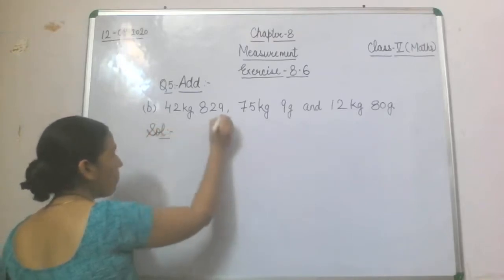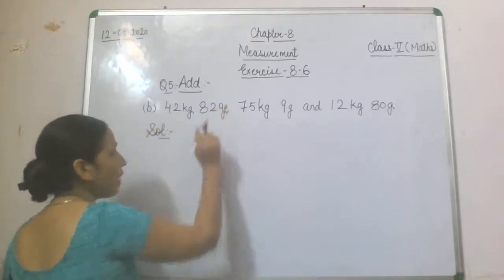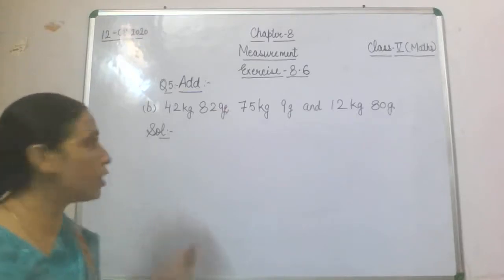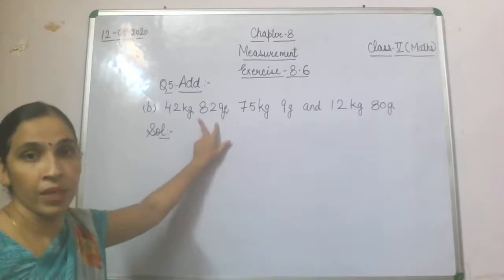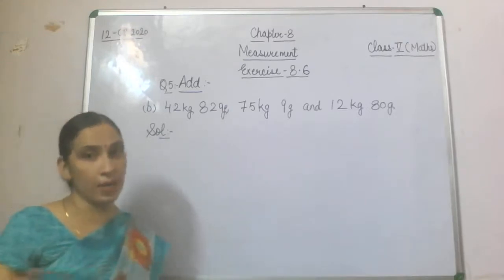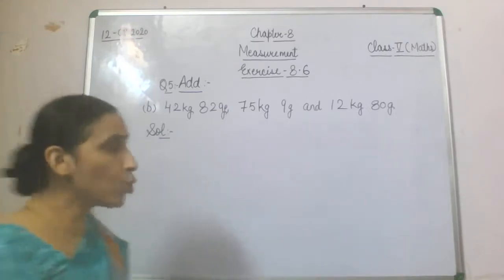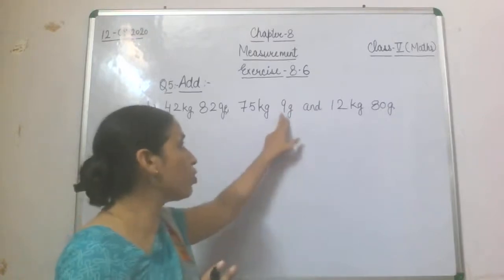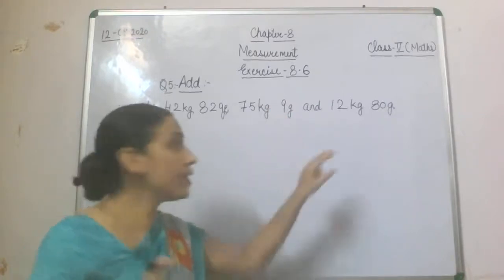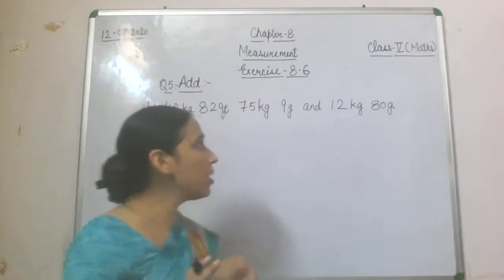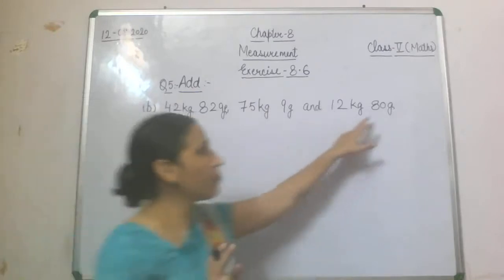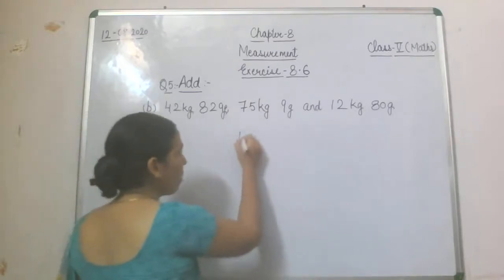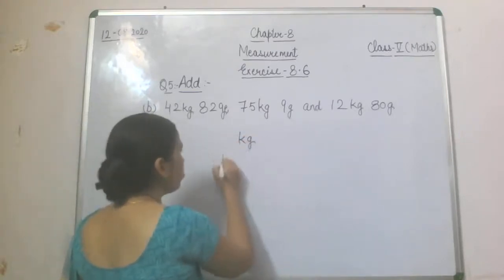Whenever this gram will be changed into kg, then after decimal you require 3 places. If you have 3 places, fine, no problem. If you do not have 3 places, then you are supposed to put 2 zeros before that number. If we have 2 numbers, then we will put 1 zero before that number. See how? If you have remembered this, then you can easily do all the questions.